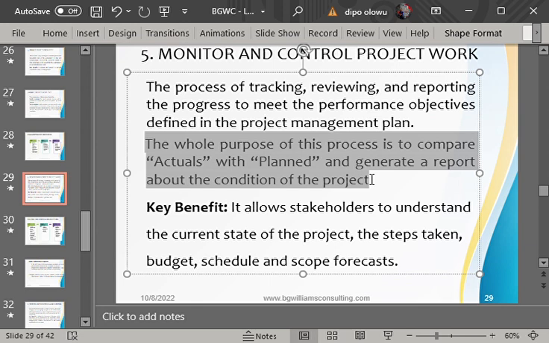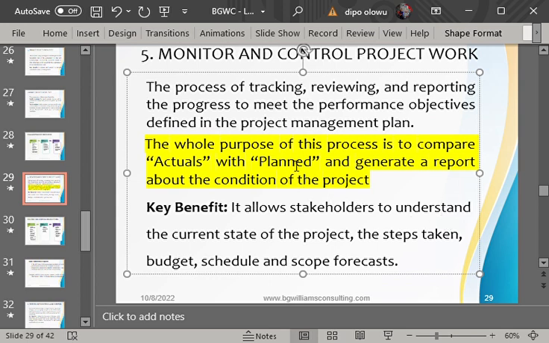Let's look at the simplest illustration for it so that it can stick better. When we say a project manager is supposed to do monitoring and controlling, what do we actually mean technically? Apart from all this big grammar of reviewing, tracking, checking, what does it actually mean in real life?